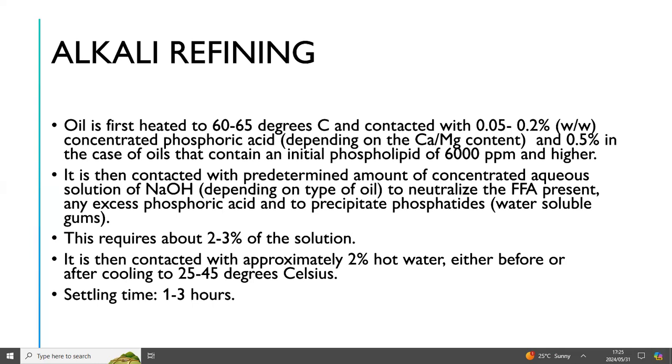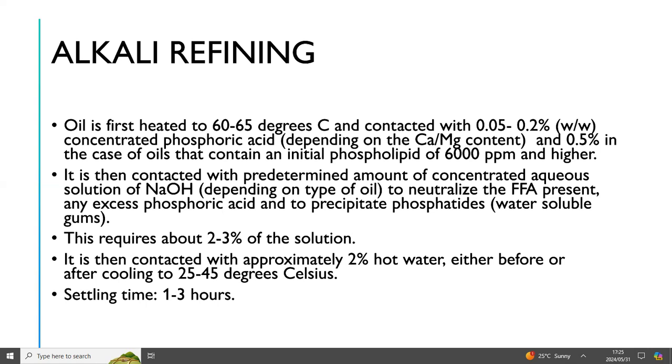So you mix it with your acid, then you continue agitating. For example, if it's a batch process, you continue agitating for a certain period of time, and if it's a continuous process, you have a mixer, right? So it will mix, and also it has a retention time. So after that